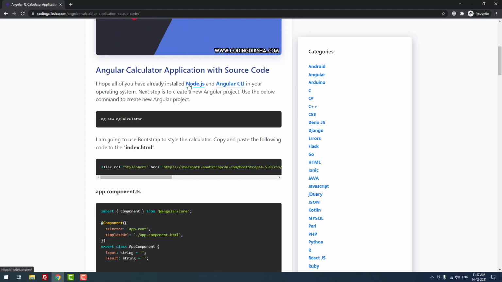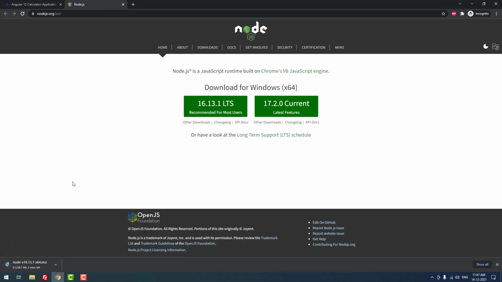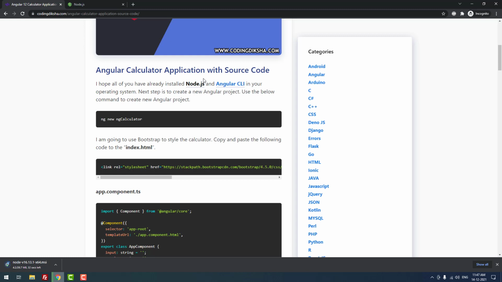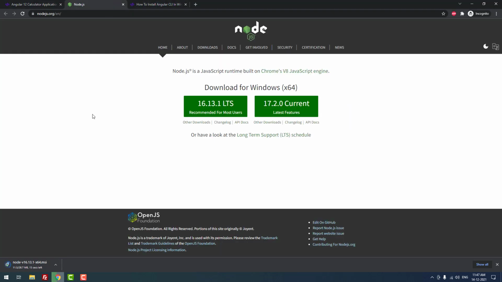First you need to install node.js and Angular CLI on the operating system. Let me install node.js first. It is downloading currently. Let me open the Angular CLI page also. It will take a couple of minutes to finish the download and installation. Please wait until that.